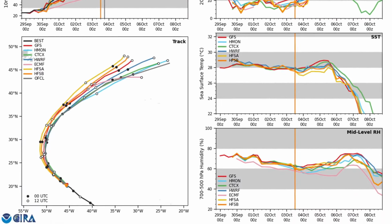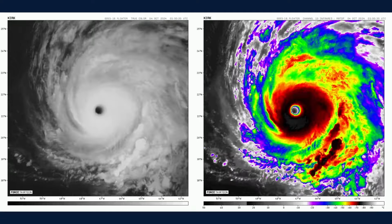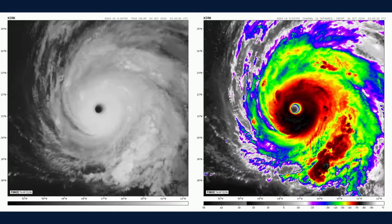And the sea surface temperatures remain quite warm, 28 to 29 Celsius, and the humidity is not the best, but also not that bad at all, 60 to 65%, expected to increase a little bit before Kirk actually encounters a more hostile environment as it gets its extratropical transition by the next 3 to 4 days. And this is the satellite presentation of Hurricane Kirk. You can find those floaters on our website